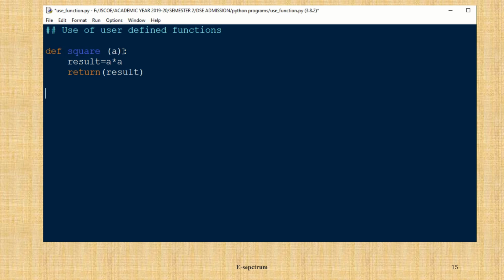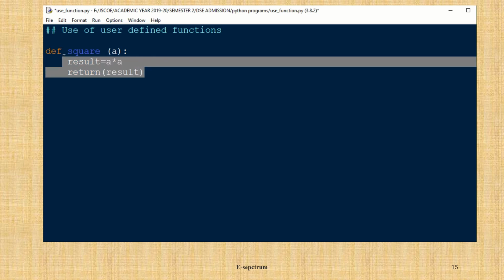As usual, every particular statement in the Python like conditional, while loop, for loop, all ends with a colon. So at the end you will be giving the colon. Then what is expected from this function is square, so it is a multiplied by a. Then it is returning the result to the user.